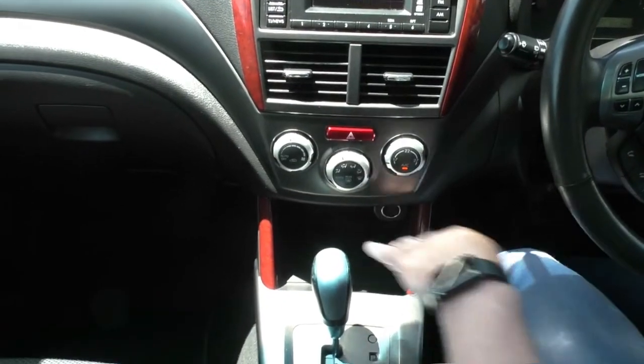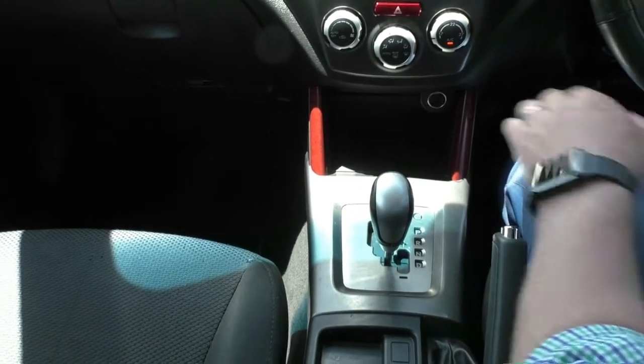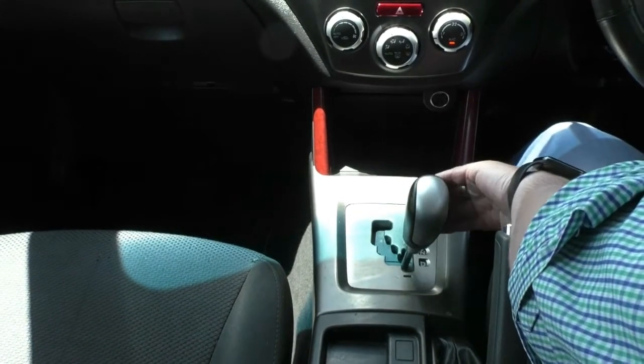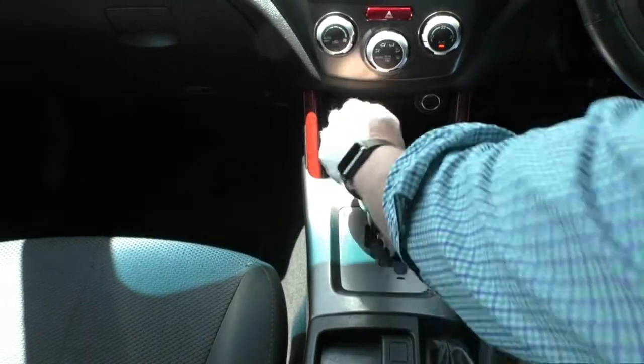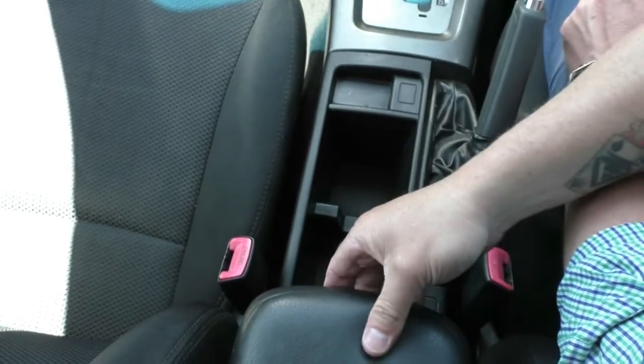Now again, it is automatic transmission, so straight down on the left side puts it into drive, but it is also a sport mode, so you can flick it across and change up or down gears, as simple as that. Down through the middle, we've got 2 large cup holders just here, and then we've got our center